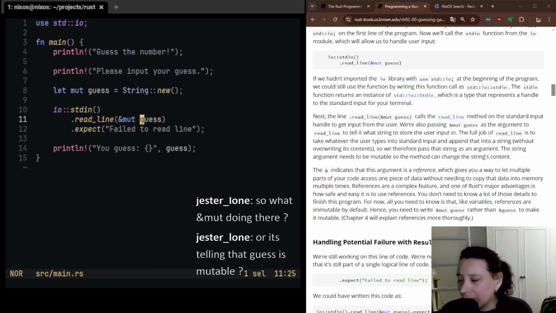So what's the ampersand mut doing there? Right here, it's different from here, right? This is saying that this variable is mutable. So the rest of this function, we can change the value of guess. So I can change this to something else. But